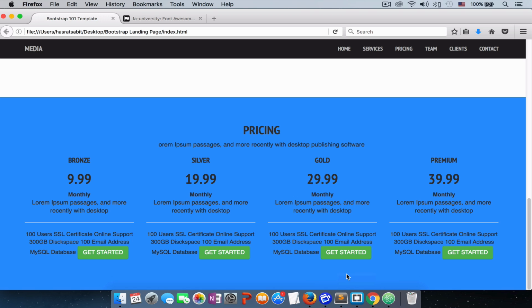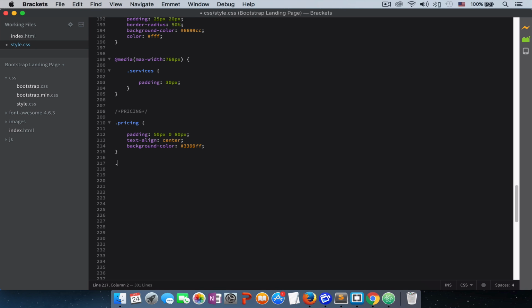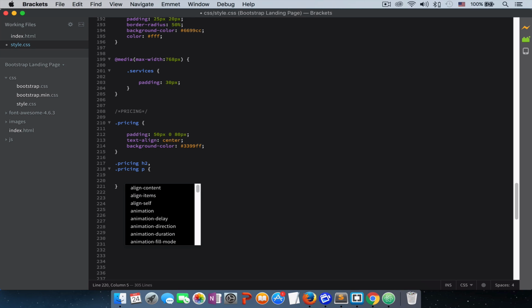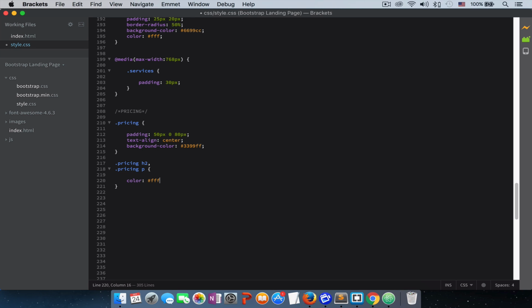Yeah, we got our background color and our text is aligned. Give it a color of white, and our pricing paragraph, give it a padding bottom of 40 pixel,